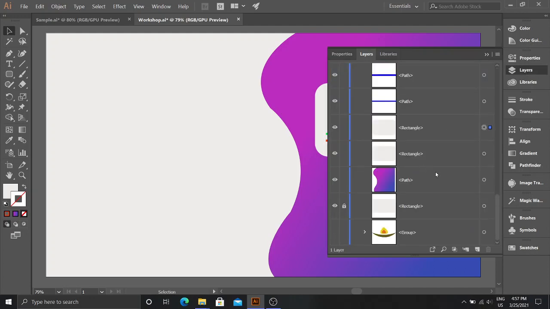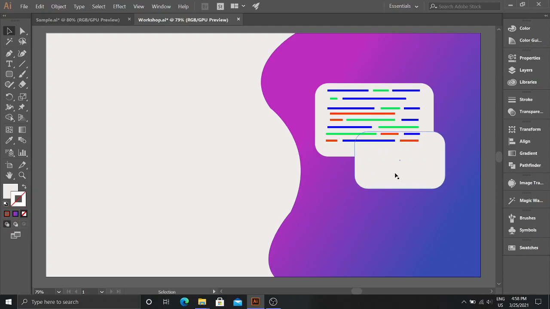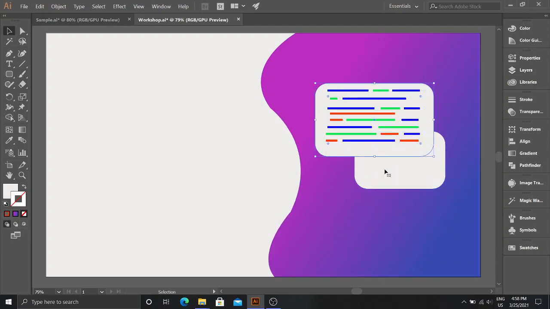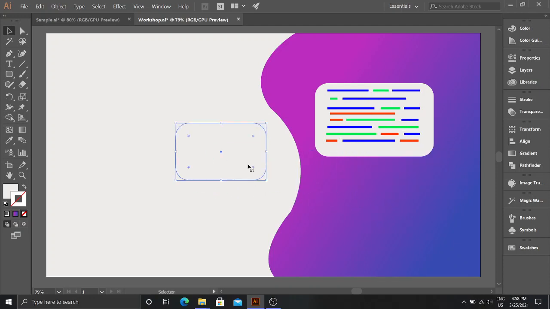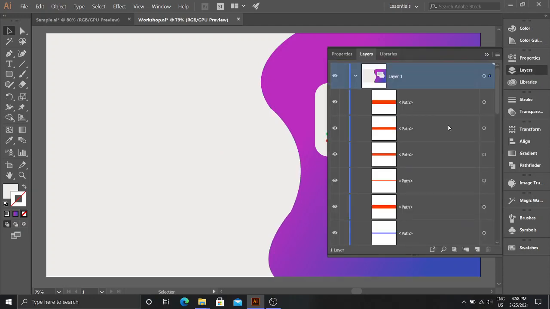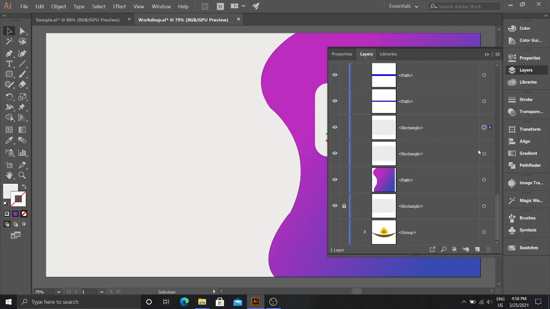Layers, and let me just group all these lines first.